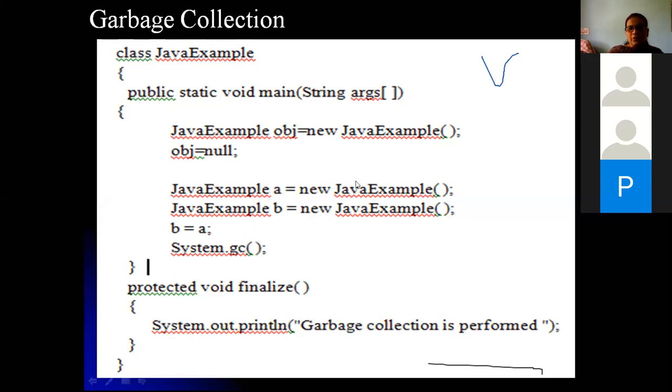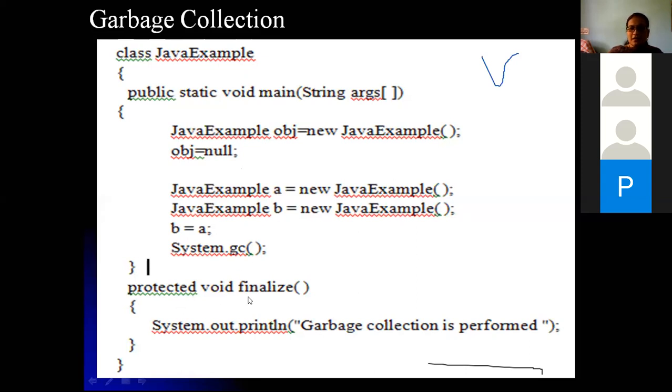So here A's memory gets wasted. In that case, System.gc will get called. Okay. So obj is one such object which is wasting memory, and A is also one of the objects which is wasting memory. Once you call System.gc, it will deallocate the memory which is allocated for object obj as well as A